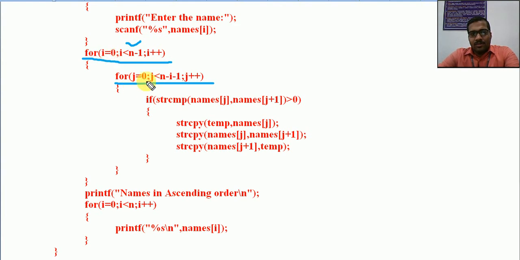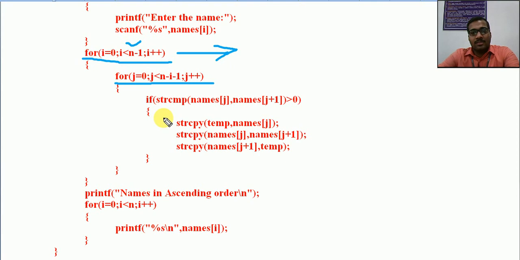J equal to 0 means the first comparison. J equal to 1 means the second comparison for that same string, I mean with the next one. So who will we be comparing with? J will have 0 and 1 first. The 0th string will be compared with the jth string. So this is not for rows; this is for the number of phases. Exactly the same logic.